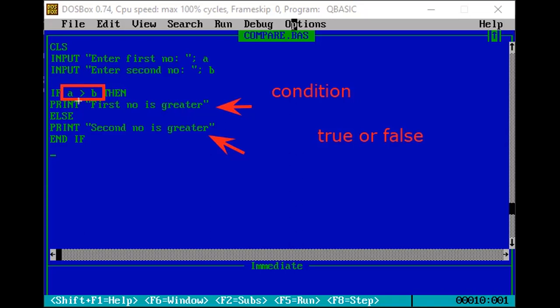If condition is true, then the first statement will be displayed. If it is false, then the statement after else, that is second number is greater, will be displayed.